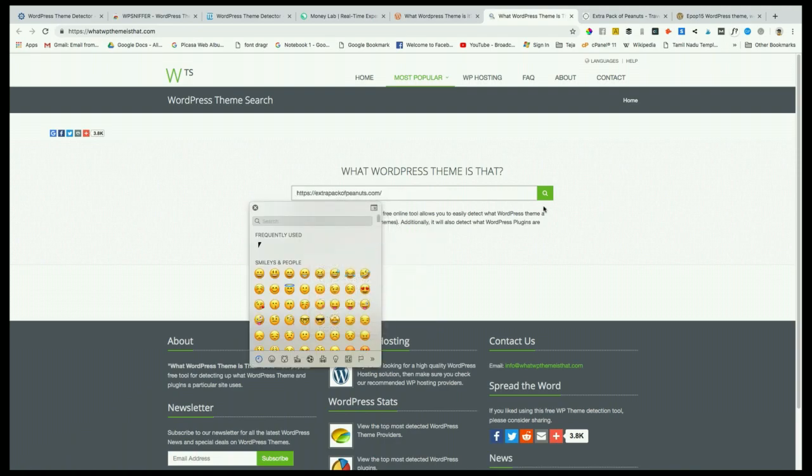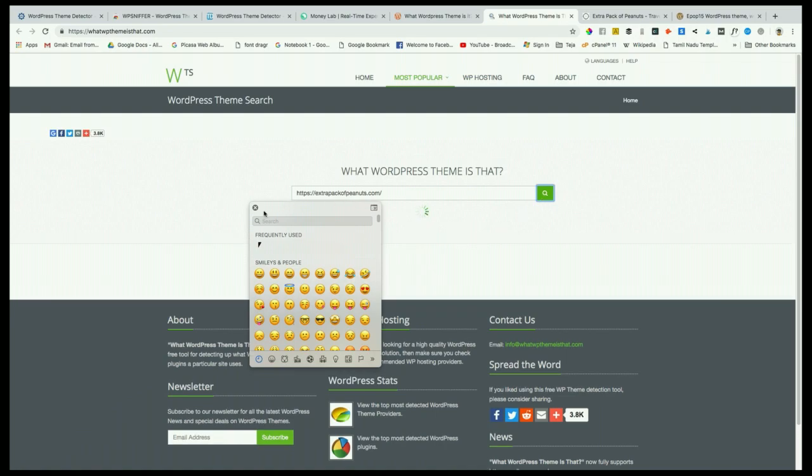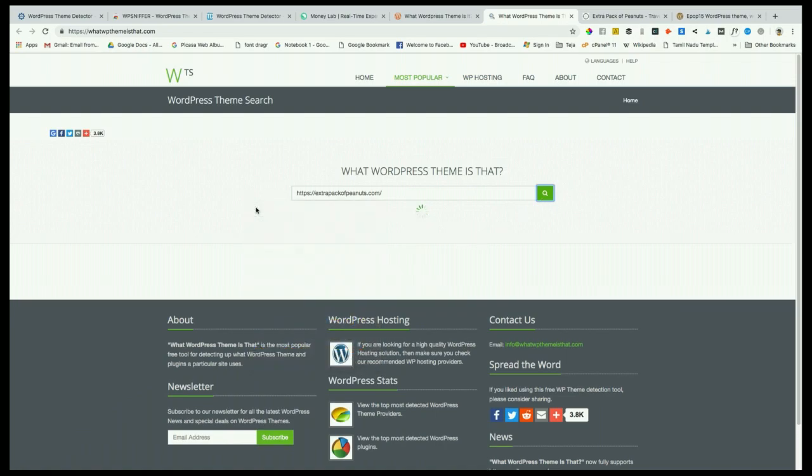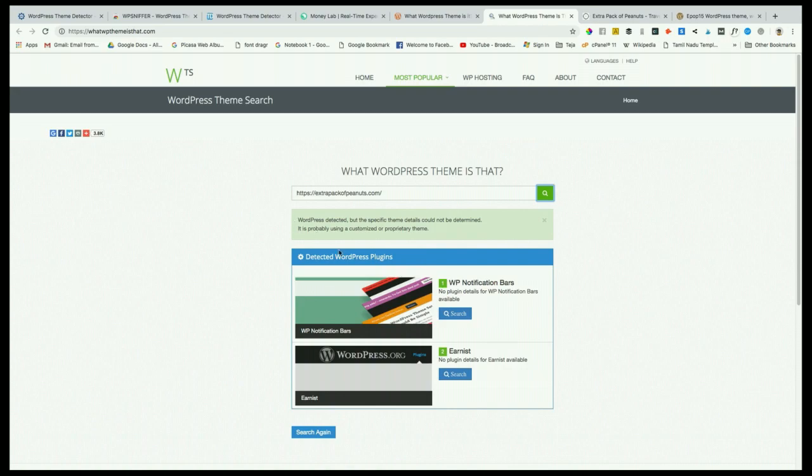All right, so this is the URL that I had in mind. No, this is not what I wanted. All right, so now when you do that, this is something you would have to pay close attention to. While it is giving us the theme, okay, now it says WordPress detected, but the specific theme could not be detected. However,